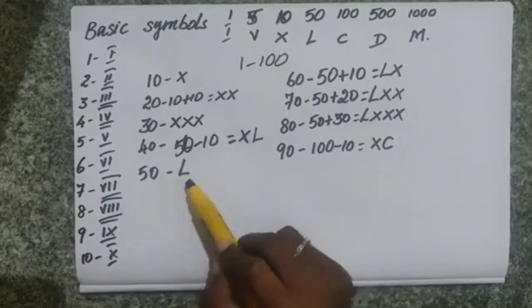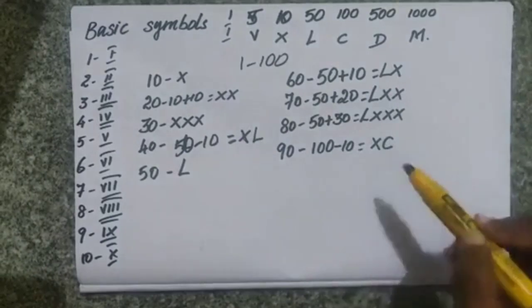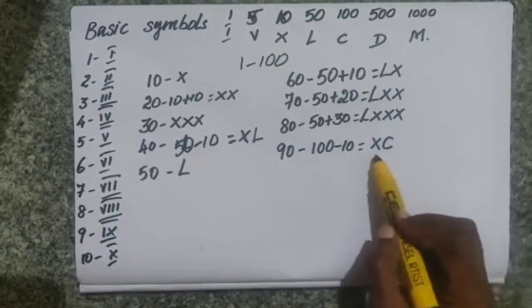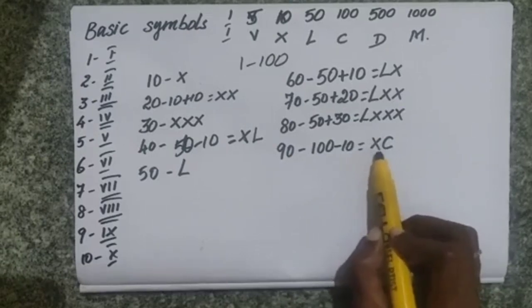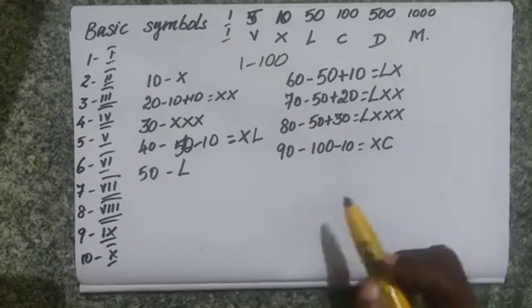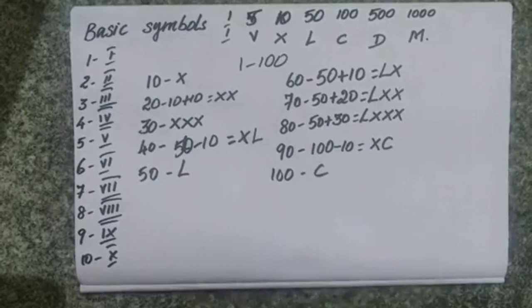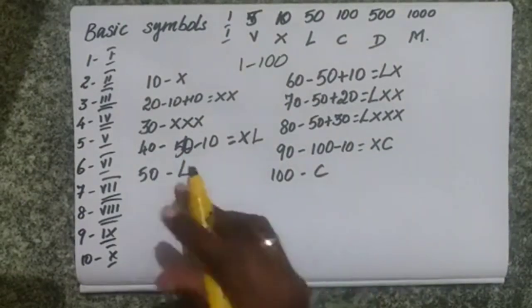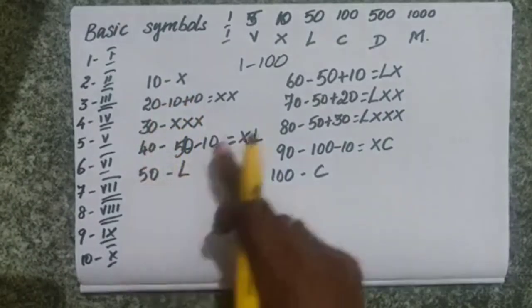Again for L we have, so this is the same way it goes. 3 times it will be added, and the fourth time it comes in the subtraction. And always remember, for subtraction the smaller numeral must come on the left side. In Roman numerals, we are writing it on the left side. Again you know for 100 it is C. Okay, so now we know the Roman numeral for 10, 20, 30, 40, 50, 60, 70, 80,